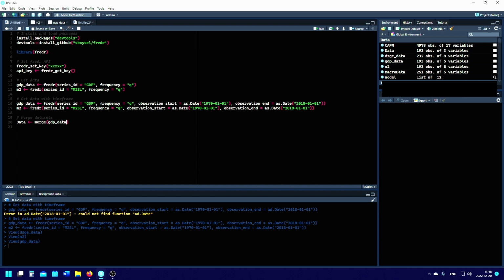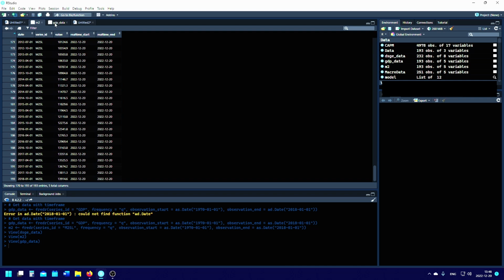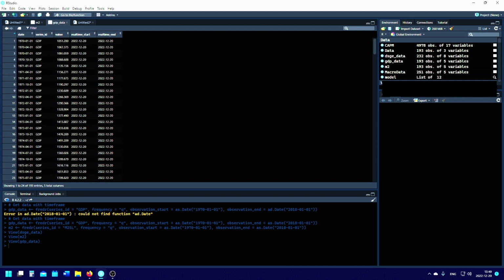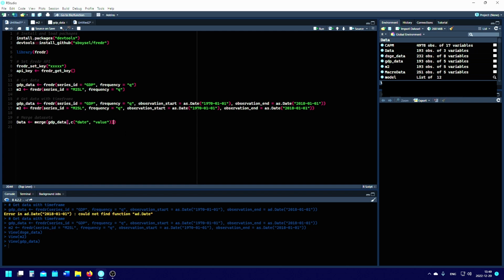comma, C, date. So we want to have the date for the GDP data. We also want to have the value, and the value that we're taking from GDP data is the value you're seeing right here. Then we continue and we do the same thing for M2. So you can copy this, let's paste it onto here, and M2,